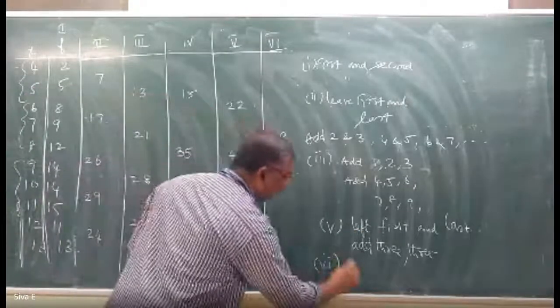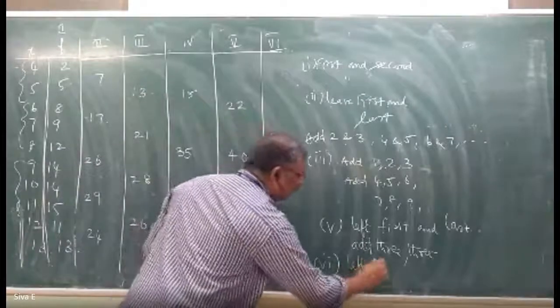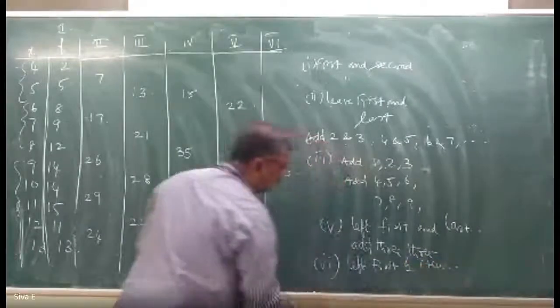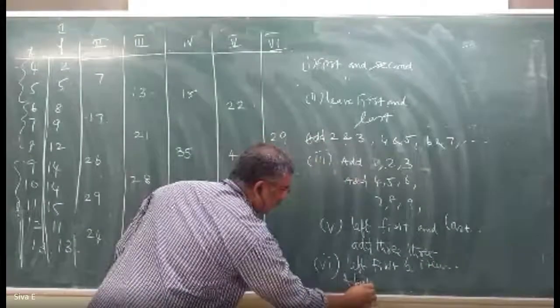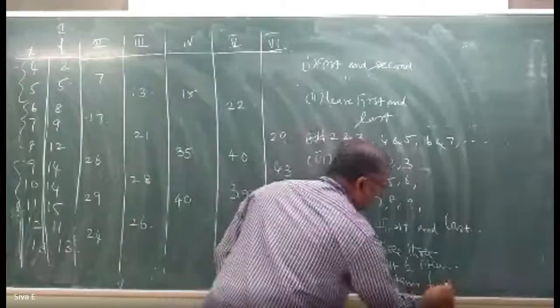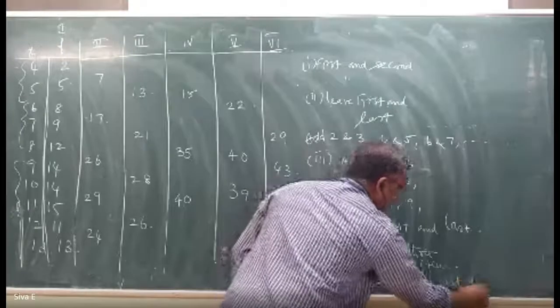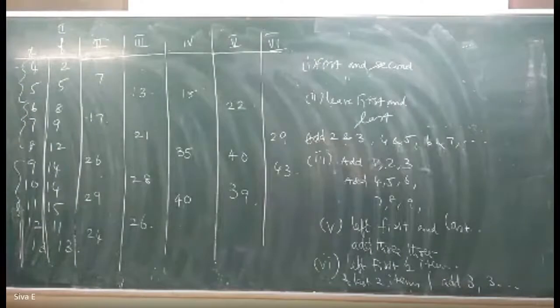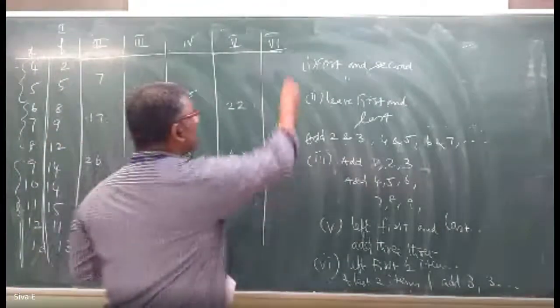Listen, here leave the first 2 items and the last 2 items, and add 3 items. Now you have to pick the maximum value when you are adding. Listen, how to write that? Did you write this step?